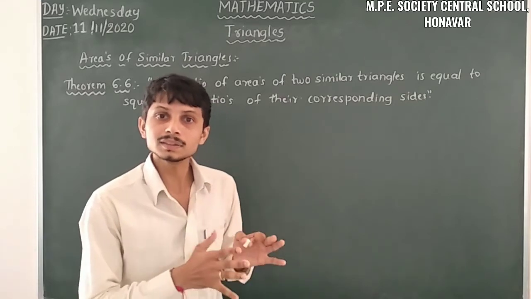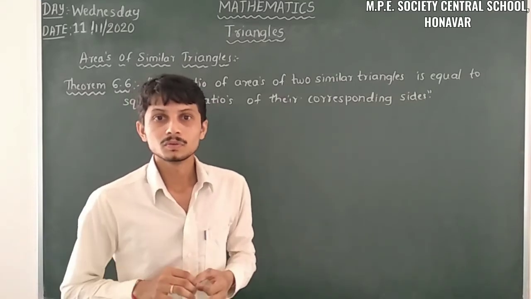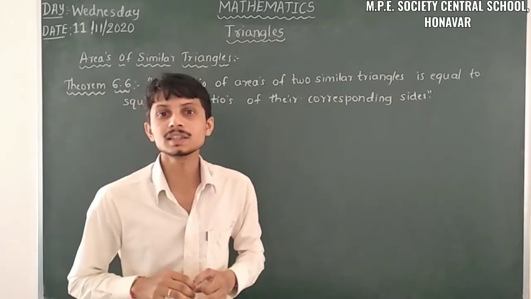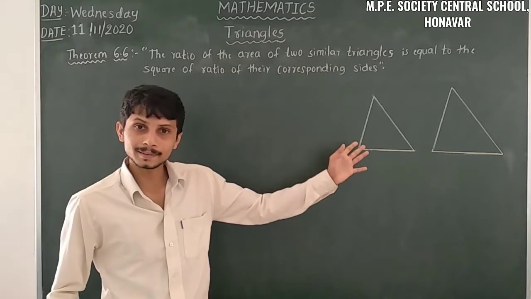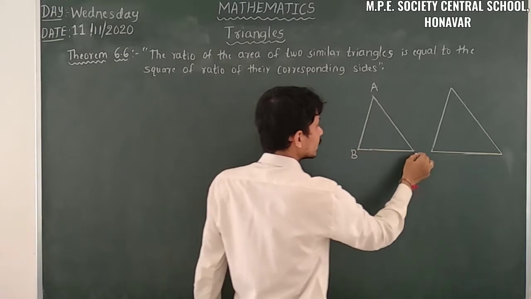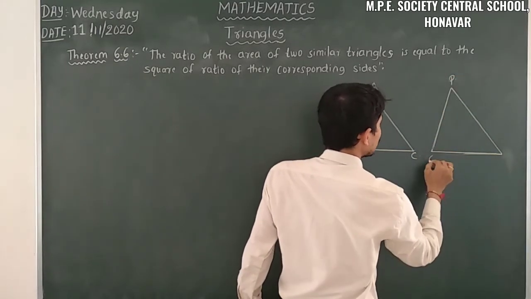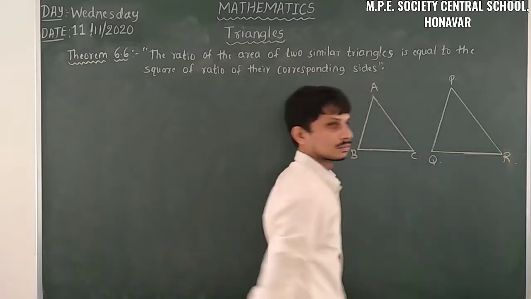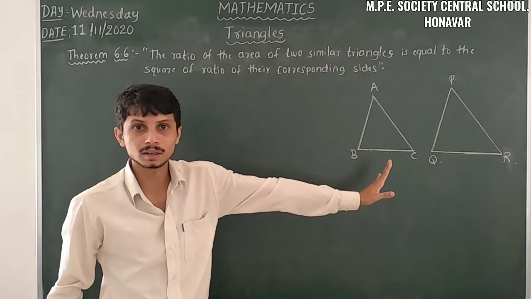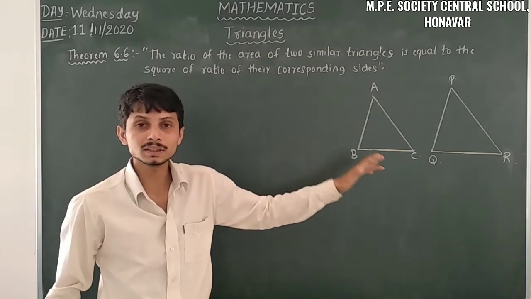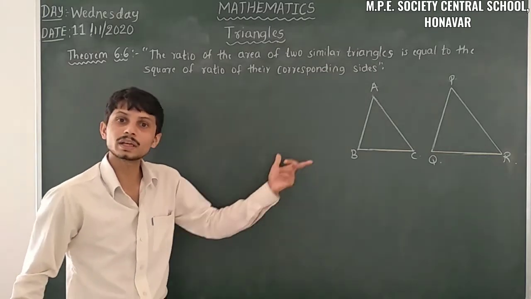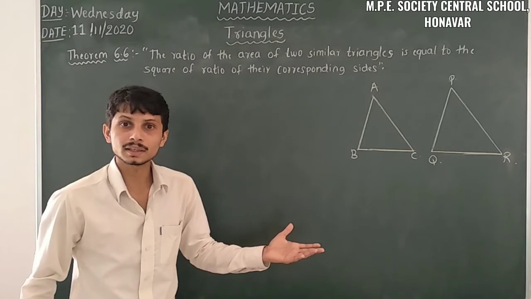So a theorem needs a proof. So we require some triangles. After that we have to prove it. So let us take two triangles. Here we consider this one is triangle ABC, and here it is triangle PQR. So here we have two triangles. Those two triangles are similar. That means we have to take it as a given. Take it as a given thing. So we can use that whatever the case we have.